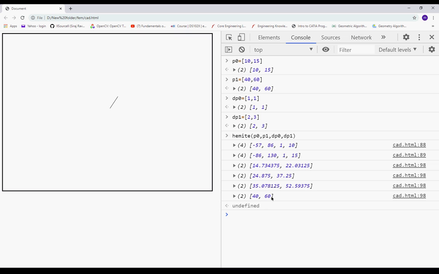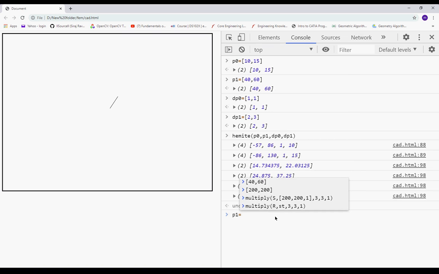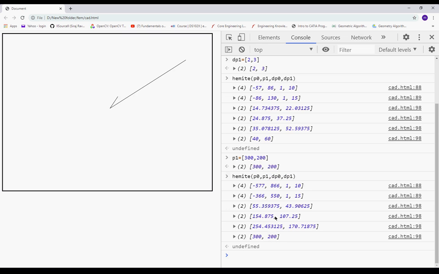So now what is the trouble? Okay, so I'll just change the P1 value to something larger, and then we might be in a position to observe the thing. So I'll call this P1 is equal to, say, maybe 300, comma 200. Okay, and I call the Hermite again.